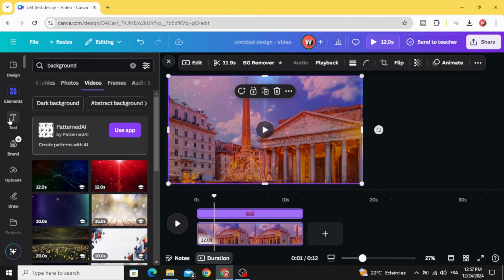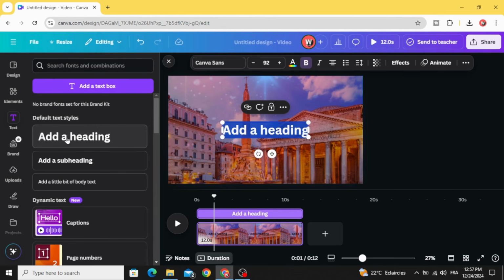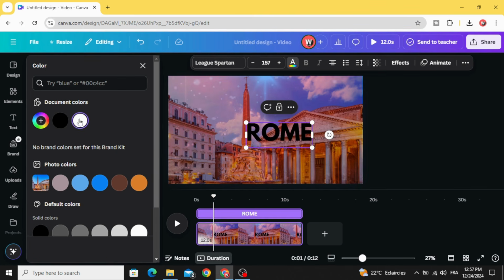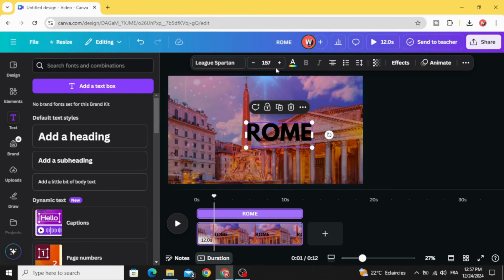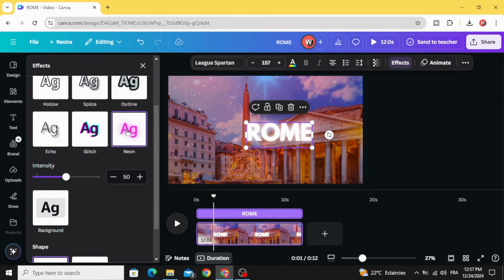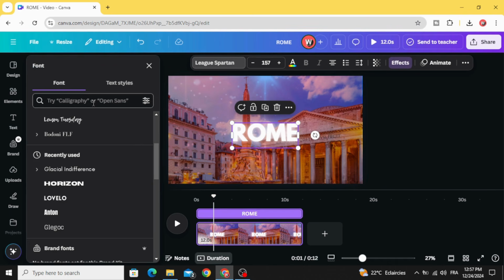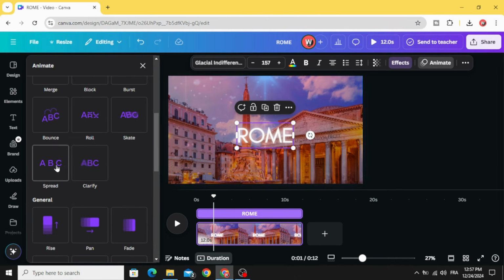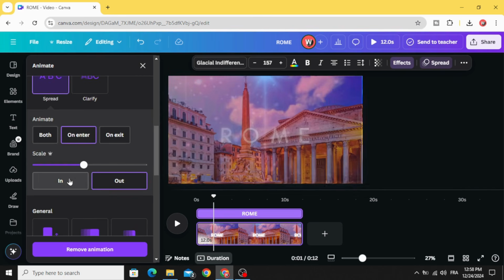And the final step, go to text and type your text. Change the font and change the color. Go to effects and click neon. Let's choose glacial font, it's better. Go to animate, scroll down to spread, click in